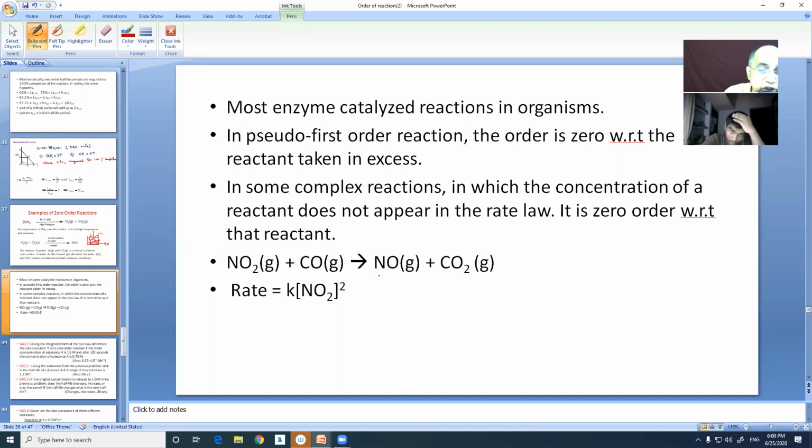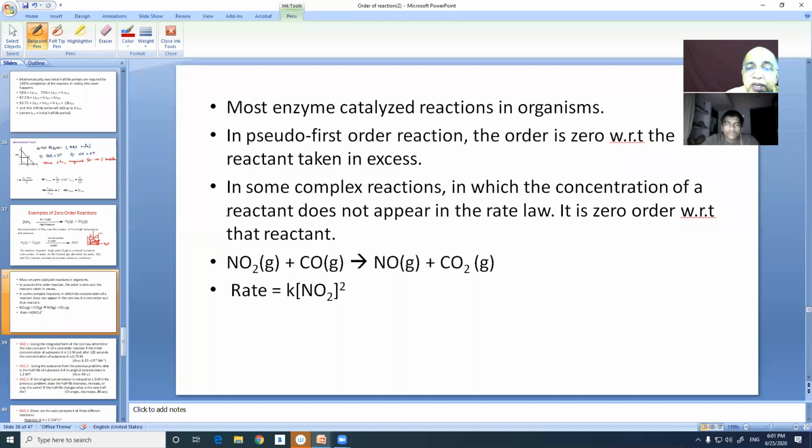For example, NO2 plus CO gives NO plus CO2. In the rate law that we shall study, it's a complex reaction containing more than one step. If a reaction contains more than one step, it is called a complex reaction. If it takes place in one step, it is an elementary reaction. So in a complex reaction, we have to take all the steps, and the rate determining step is the slowest step. And we have to do a lot of correlation between the different steps to find the final rate law, to eliminate the intermediate species, and to find a rate law which will carry only the reactants and products. Sometimes product concentration will appear in the rate law.